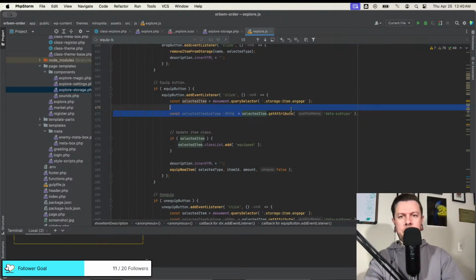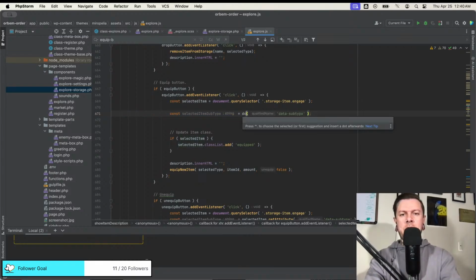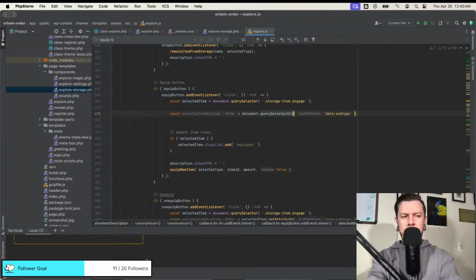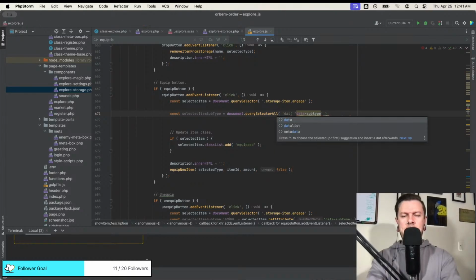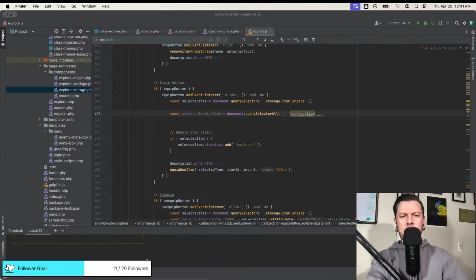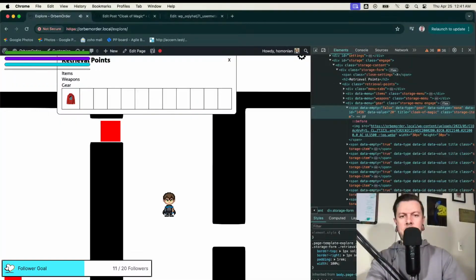So let's do data, document query selector all. Right? And then it needs to be anything with, this is going to be storage items. So, oh shoot.